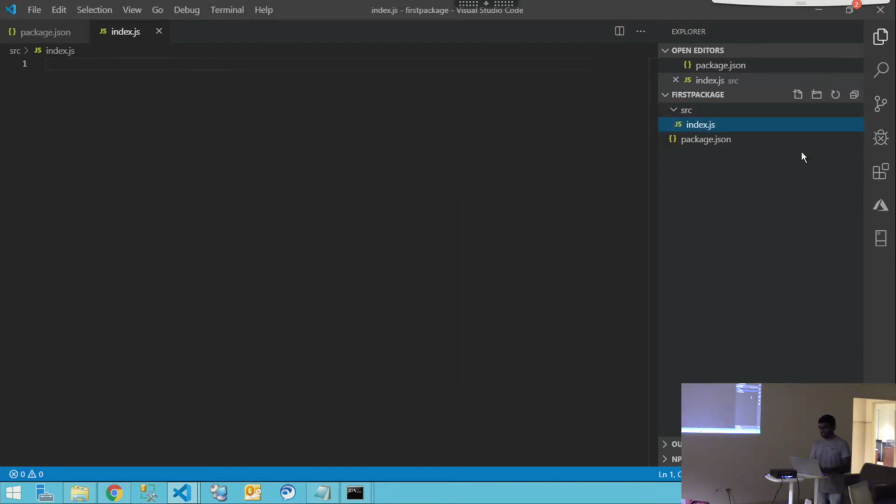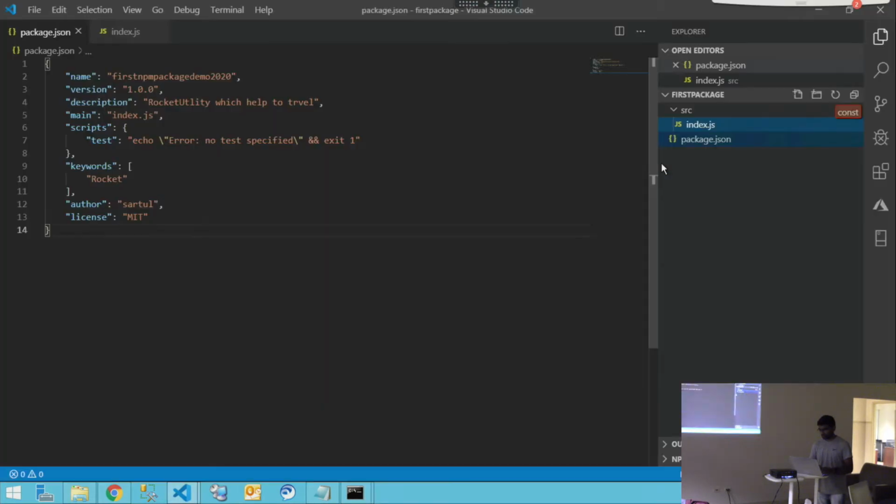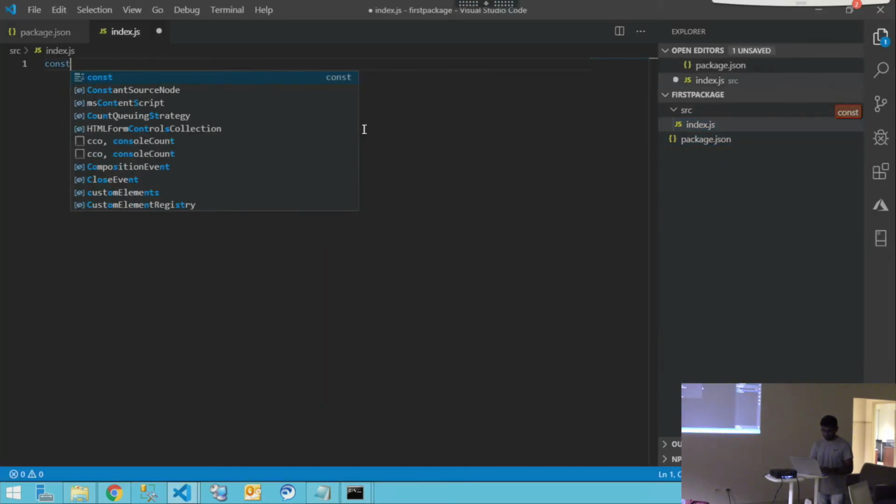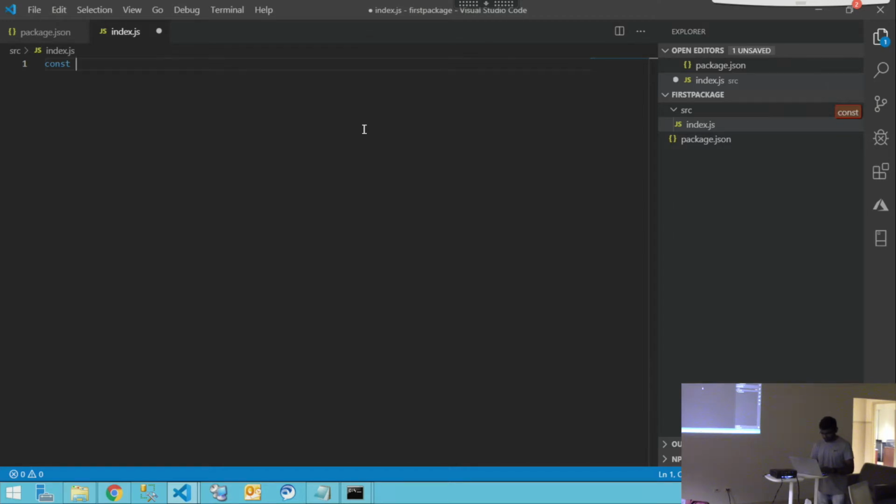Okay. Now let's create a simple class. Here is our entry point, and for the entry point we need to export something out for people to use. If you are aware of modules and how they get exported, it's the same thing. So let's do it. const myRocketUtility